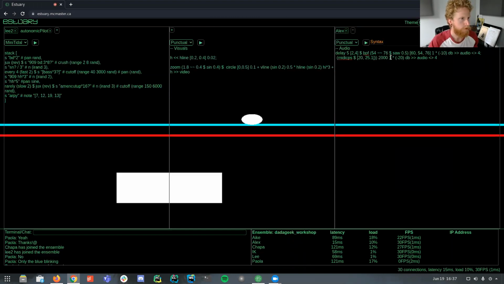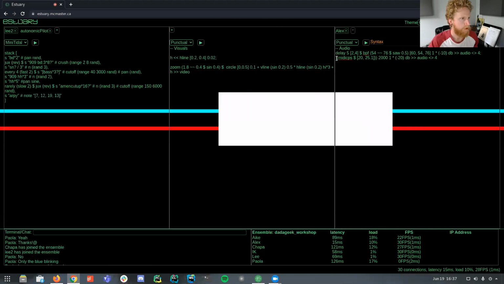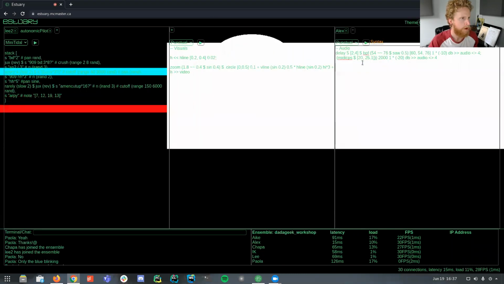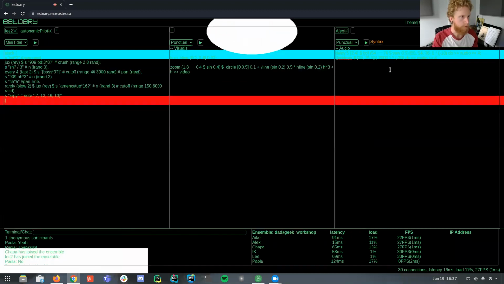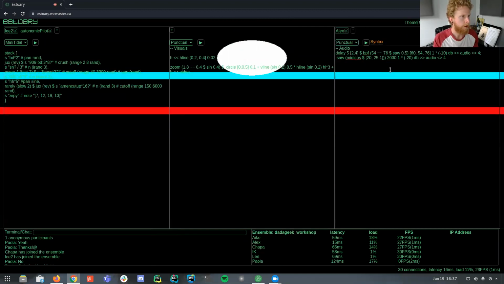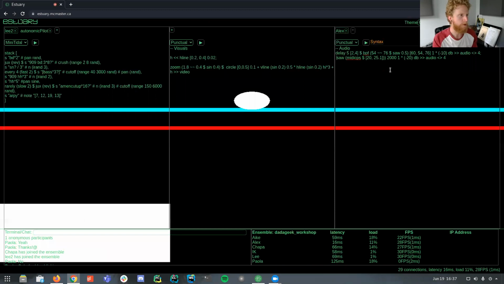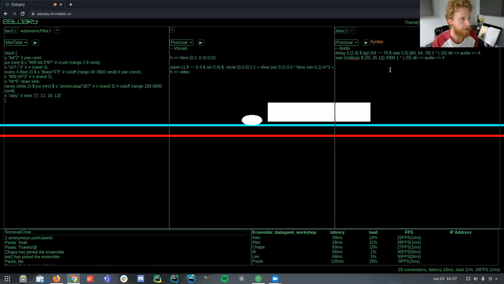And then you also need to provide an oscillator before that MIDI CPS function. And then that might be